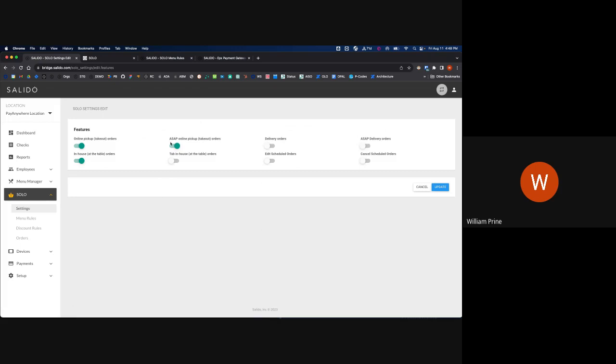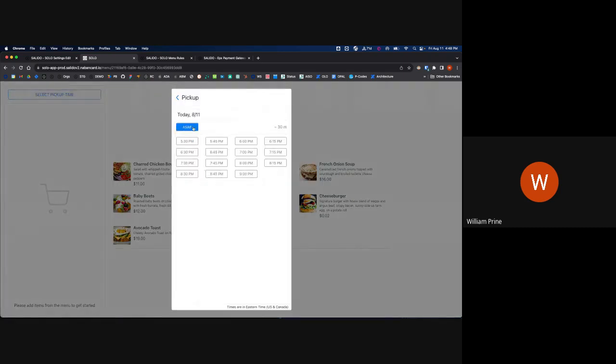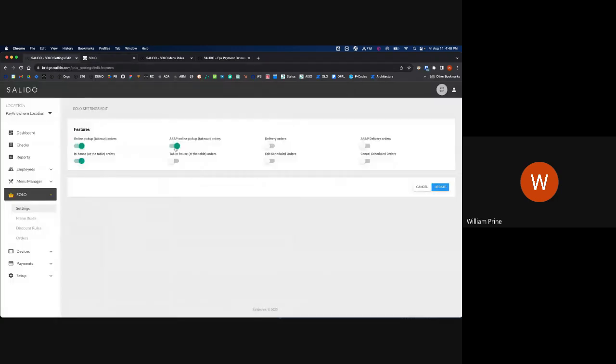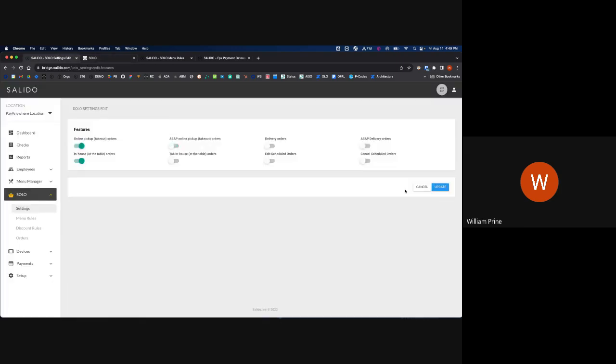And then ASAP is a definition for when you want to pick up orders as a guest. So if you remember, you go to the page, you pick up, you choose select pickup time. ASAP is an option when this is toggled on, which means the guest is saying, I don't care about how long it takes to prepare. I just want to pick it up as soon as it's ready. And so they're not necessarily looking for a specific window. Maybe they're not looking to order in advance. They just want to set their order and then come pick it up. They can choose ASAP. If you do not want them to do that, you just simply turn this off, hit save,